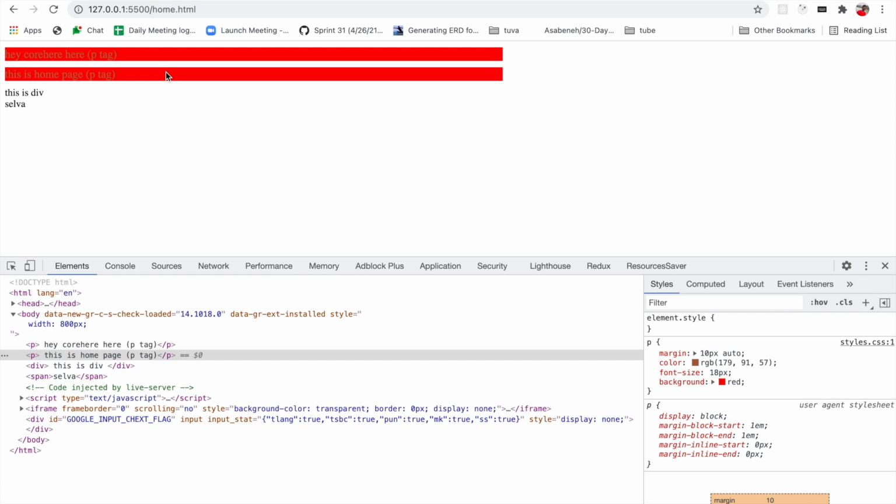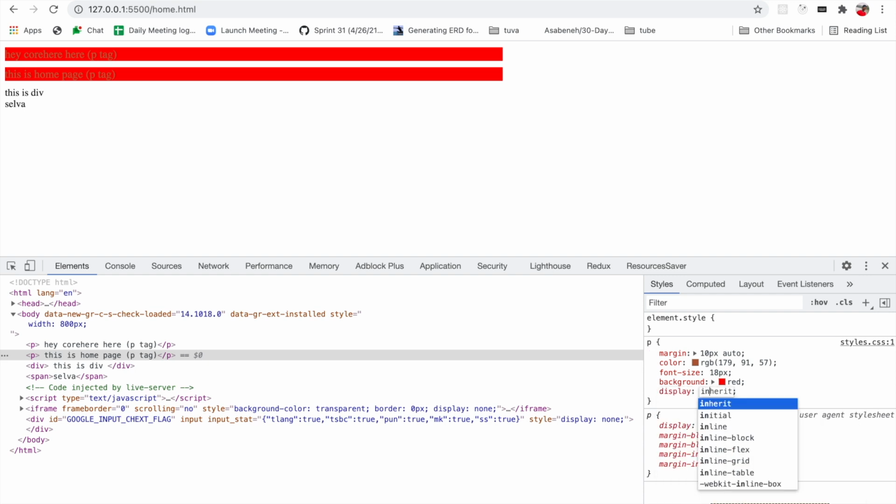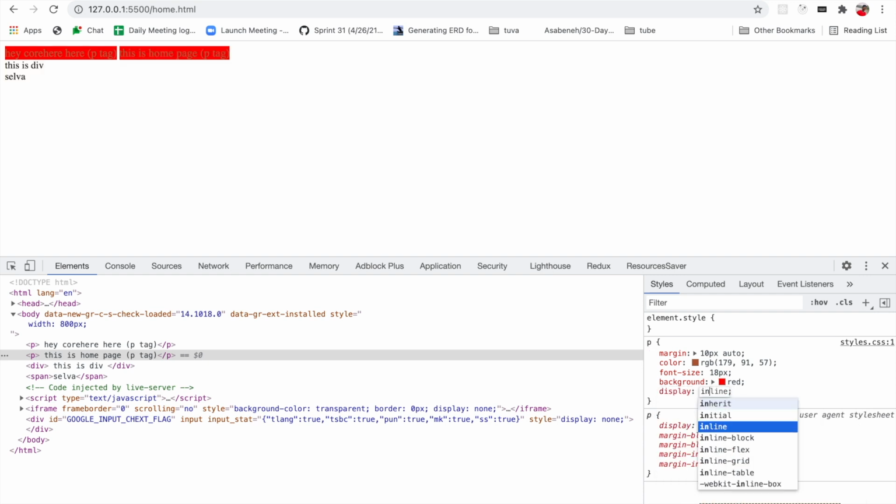How can we make these two p tags a single row? For this purpose we need inline. Inline is opposite to block. It won't take full width. Here we are changing the default display block to inline. I am overriding it, say inline.